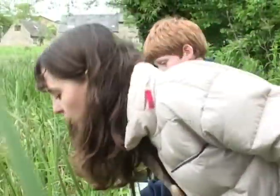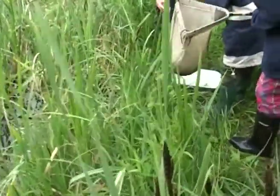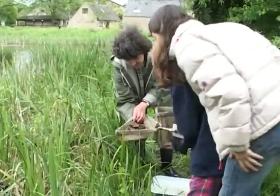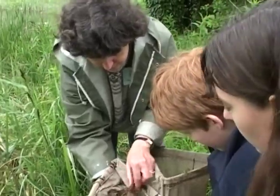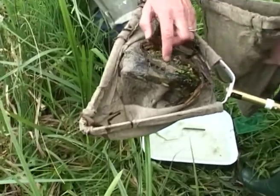What do we do now, Anthony? Then we've got some sludge, and we need to sort through it. Right, sort through it. That's right, we'll put a hand underneath and see if there's anything to see. Oh, there's a nice snail. Pond snail, a freshwater snail. Don't see anything else, but there's often things that...